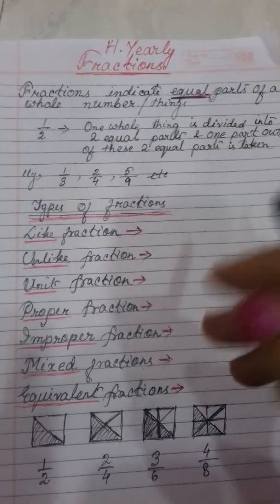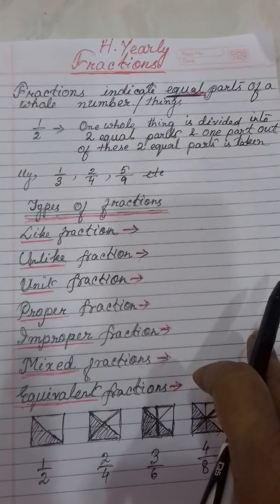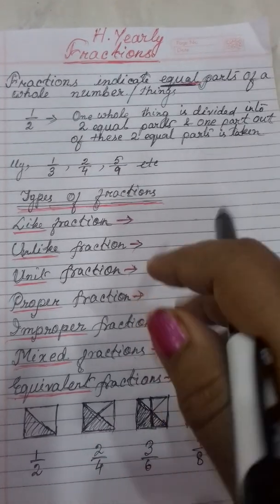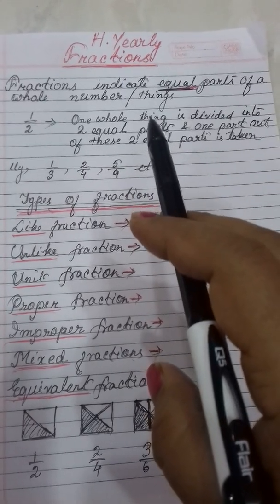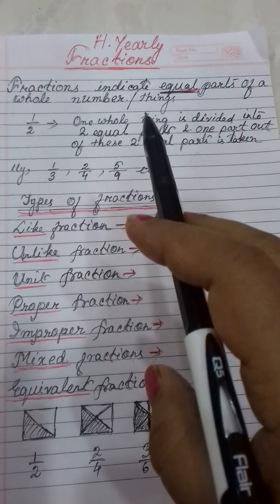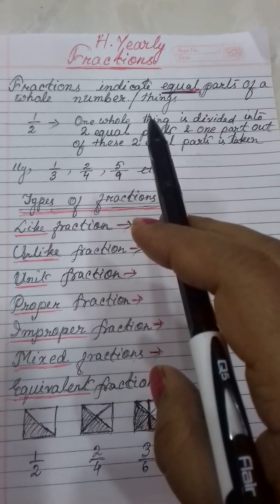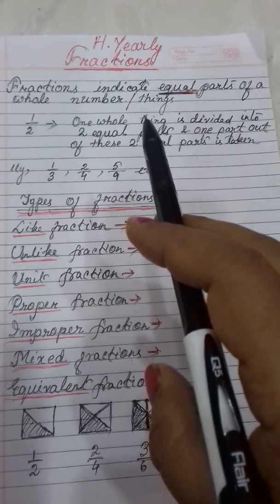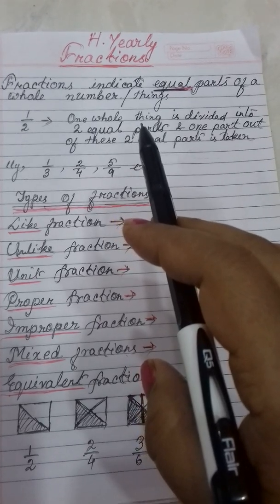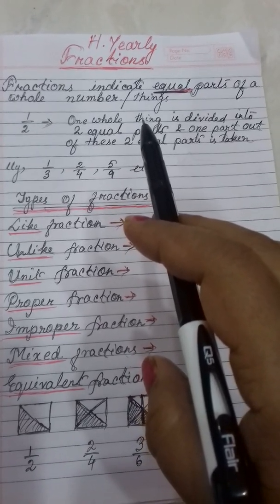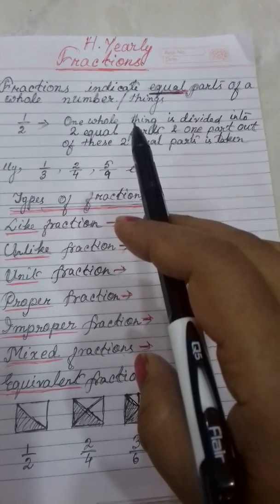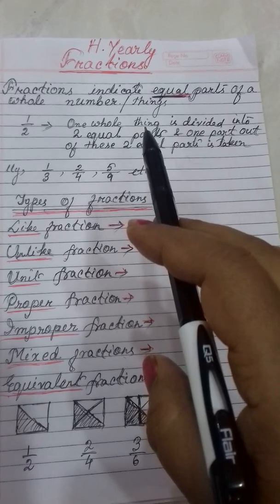Okay, students, let's start with the second chapter from your half yearly syllabus. It is fraction. So I think the integer chapter is very much clear to you all, but without practicing you won't be able to understand. So to understand the chapter integer, you have to keep on practice. Clear?